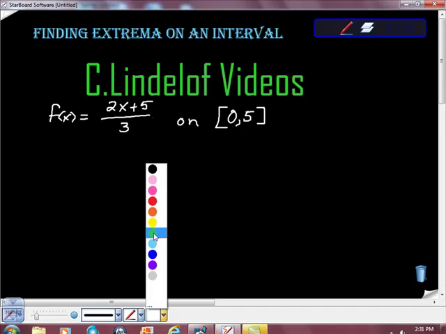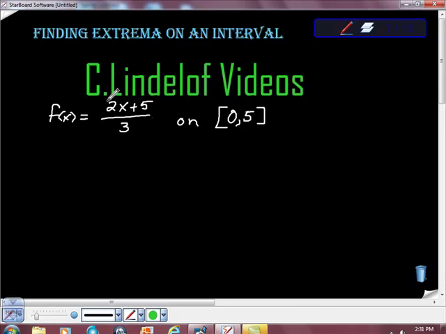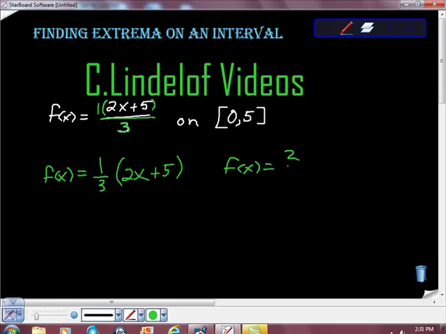This is actually just a sum and difference rule problem, because look at this for a second. You can just visualize this thing like this. Isn't this really f of x is equal to 1/3 times 2x plus 5, right? And it is. In that case, you can do one of two things, and I don't care which one you do. You can distribute this 1/3 in, and if you do that, you get f of x is equal to